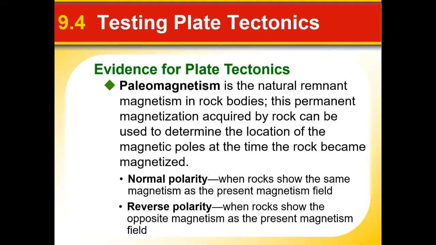Okay, so next is the evidence for plate tectonics. One of the evidence is paleomagnetism, which is the natural remnant magnetism in rock bodies. This is the permanent magnetization acquired by the rock that can be used as a location indicator. So this was one of the evidence used for seafloor spreading, wherein normal polarity is basically the same as our polarity today, where our magnetic north is the north that we are using, and the south